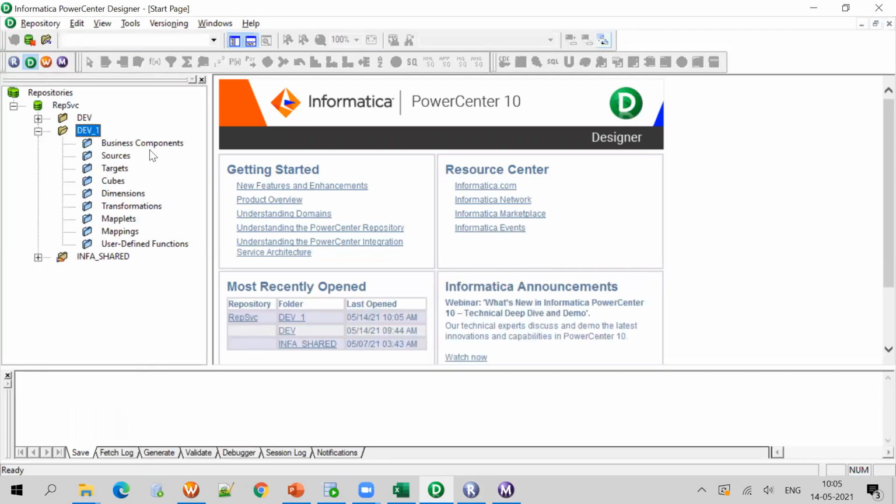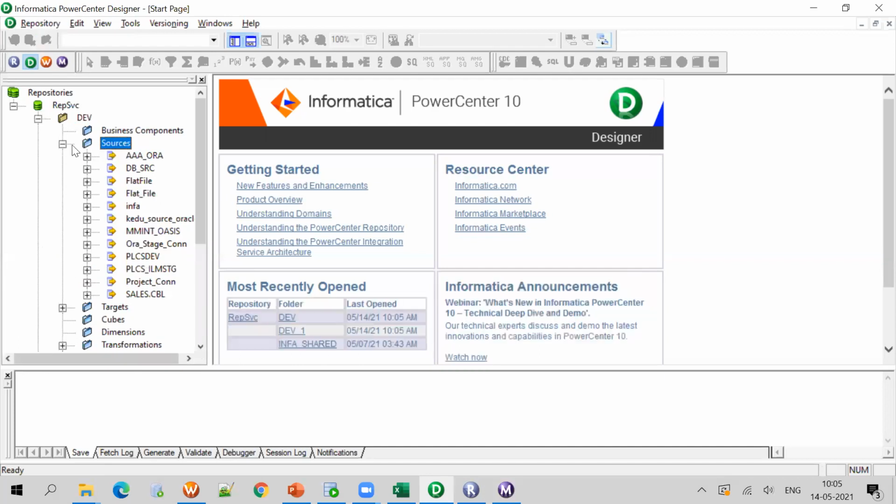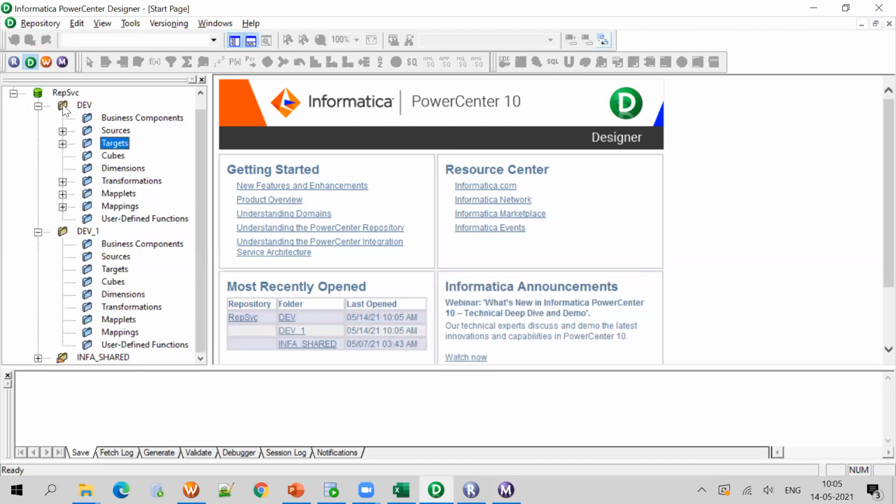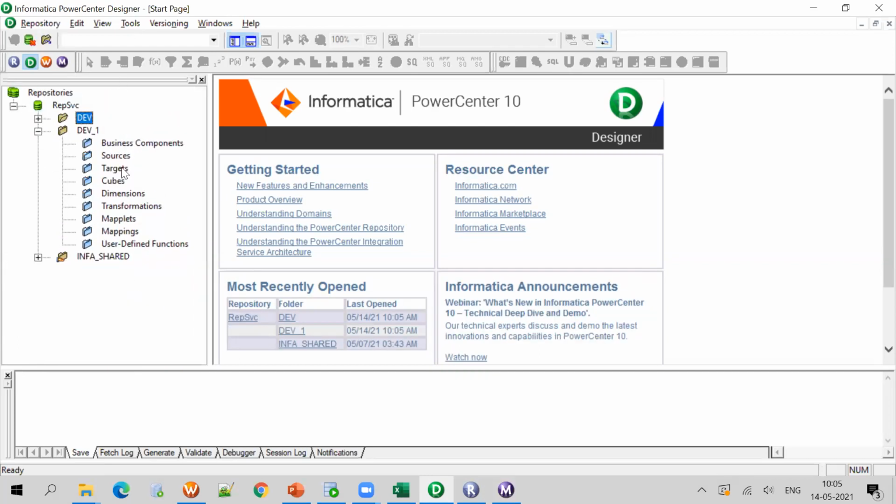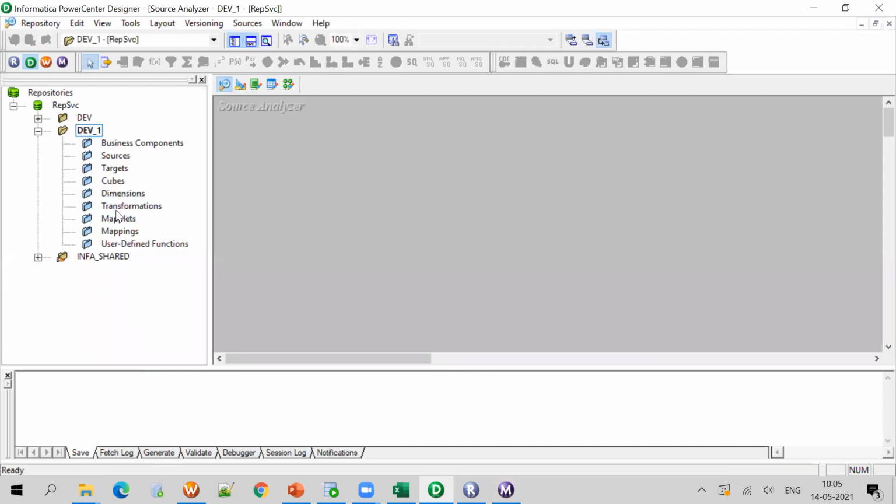Deepti, you asked a question earlier: once you create the folder, these are all predefined, but nothing will be in the sources or targets. They appear only once you create them. Now I am opening the dev1 folder. In the PowerCenter Designer, we'll have 1, 2, 3, 4, 5.